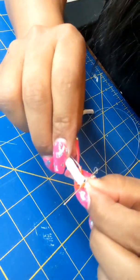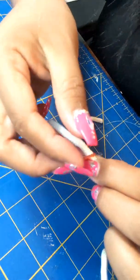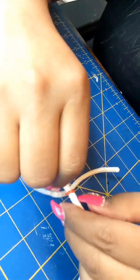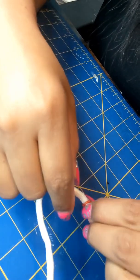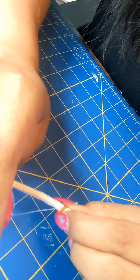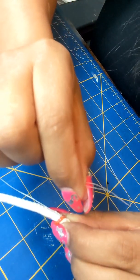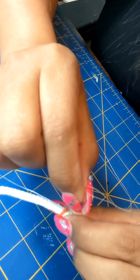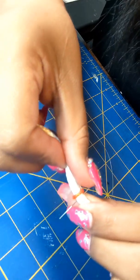So then you'll put your needle through the very first 2 beads and you'll pull your thread tight. Not too tight because you might break your thread, but tight enough where it feels firm. And you'll hold it in place. And then you'll take your needle and you'll go back down through the nylon cord right to the left of your beads. Okay, and then you'll push it through,